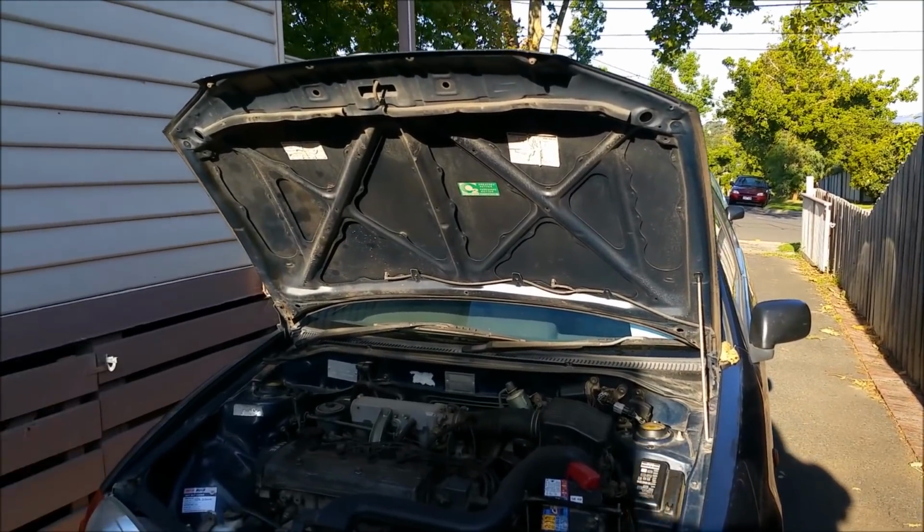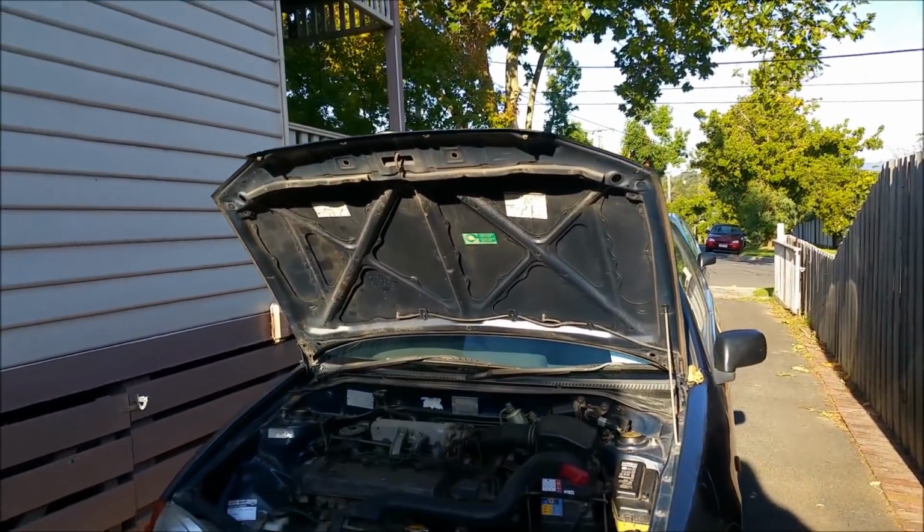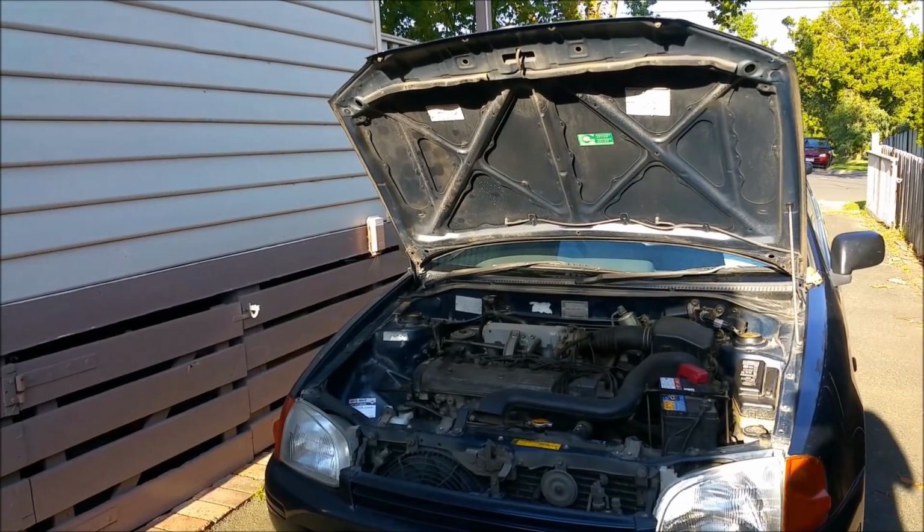The seats are different because these fold forward, being a two-door one, whereas that one is 5-door, so the seats don't move. But the top and the bottom of the seats are interchangeable, so I can just change the